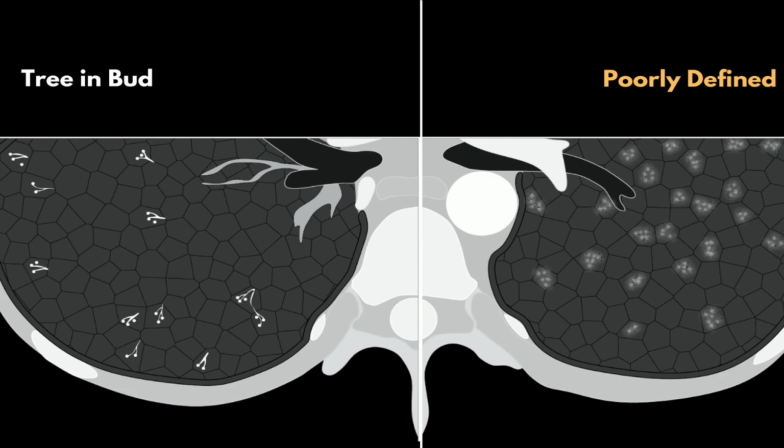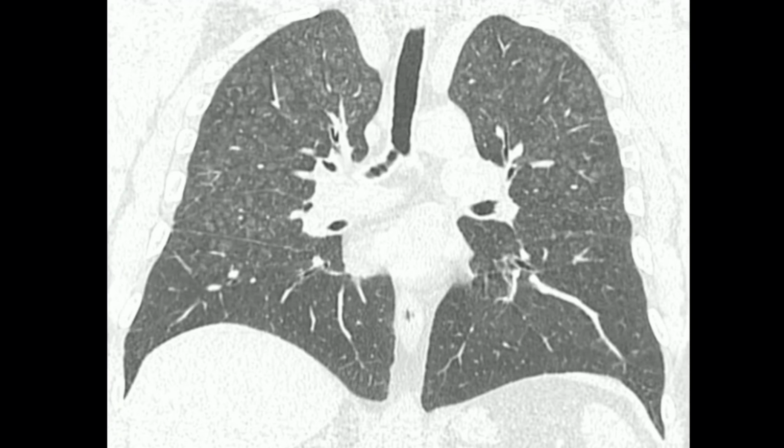and are not associated with branching. This is an example of poorly defined centrilobular nodules in a patient with respiratory bronchiolitis. Note the upper lobe predominance of respiratory bronchiolitis. There are also some nodules along the fissure, but the predominant pattern here is centrilobular, so we will stick to